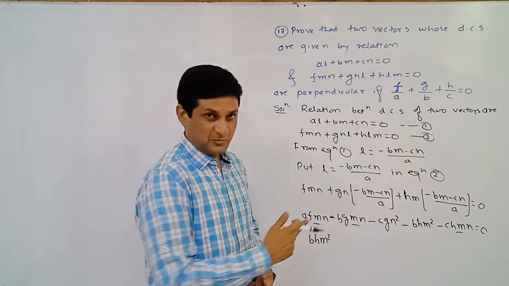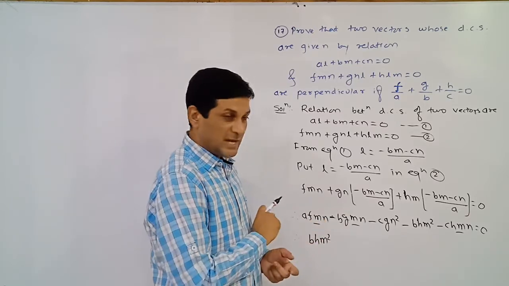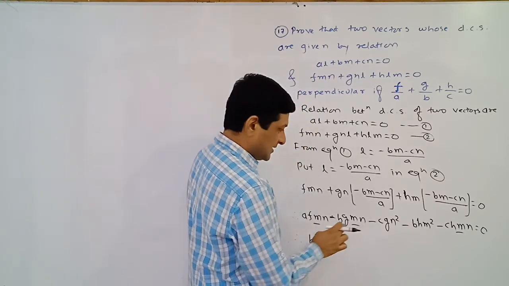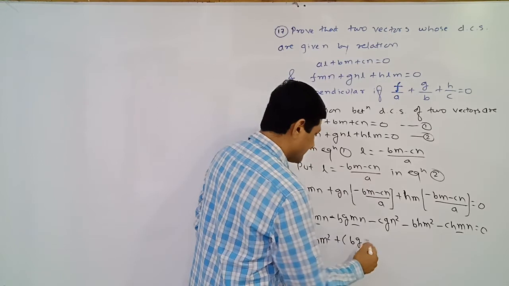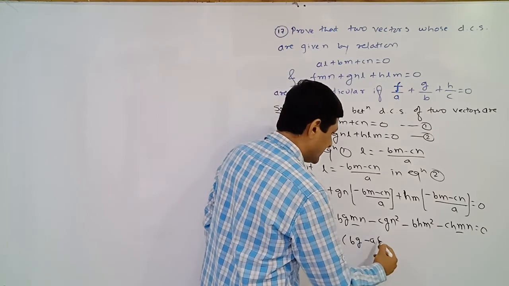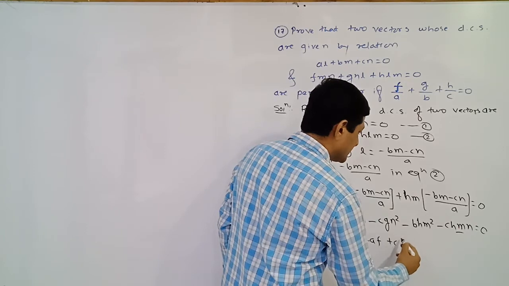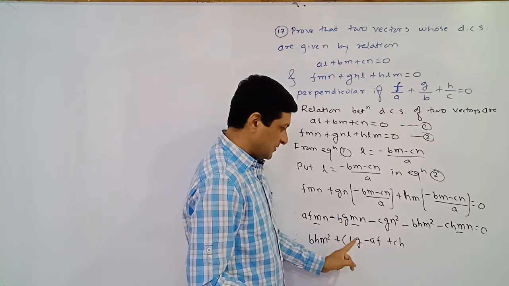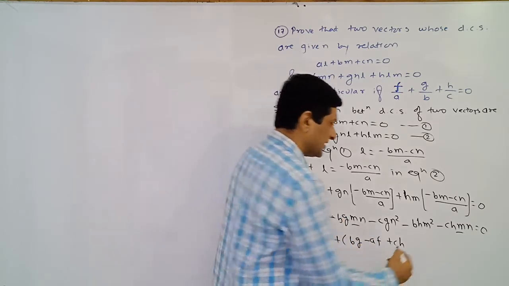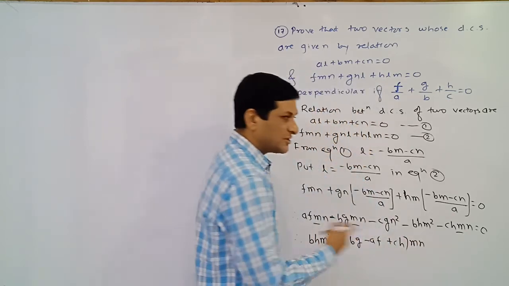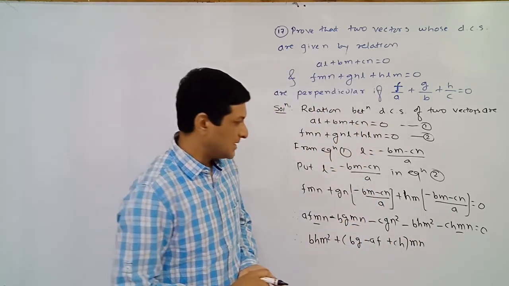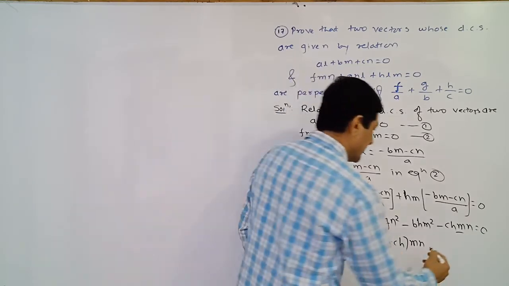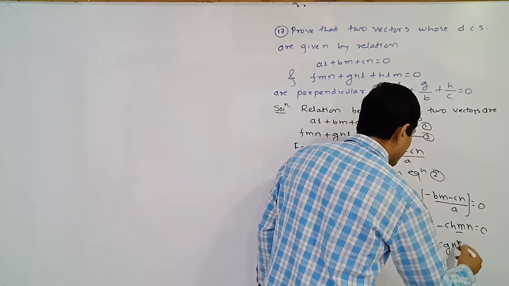And parallelly we are taking MN common from these three terms, and parallelly we are multiplying by minus on both sides, so that the sign will get changed. So here this negative term will become positive, so BG. Here what will we get? Minus AF. And here what will we get? Plus CH. Getting it? That negative term will become positive, this positive will become negative. We are taking MN common. Signs are getting changed because we are multiplying both sides by minus. Lastly, collect the terms of N square. Only one term of N square is there, and its sign will become plus, because we are multiplying both sides by minus.